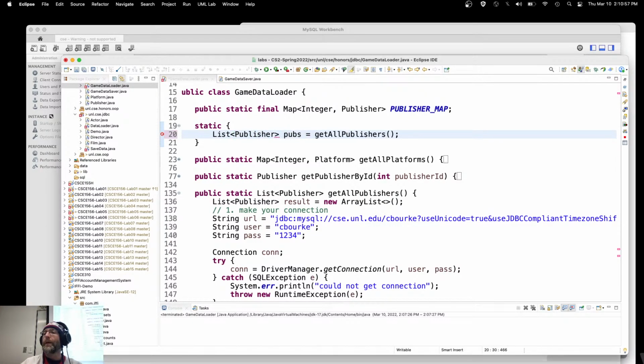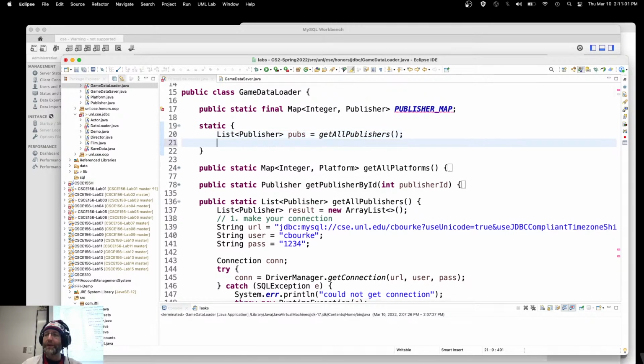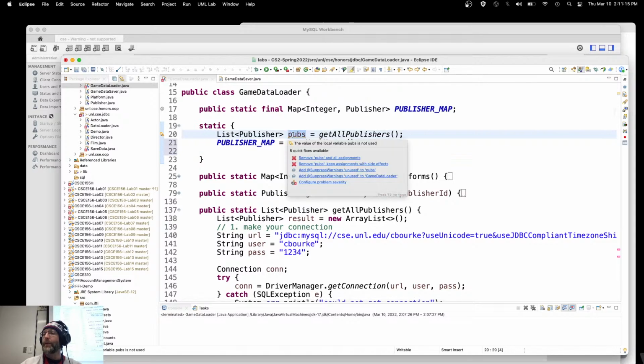Pubs. That's a temporary list that ultimately is lost when the static block is done executing. And then I will create this map. Publisher map is equal to new hash map. And I will iterate over each element in pubs,